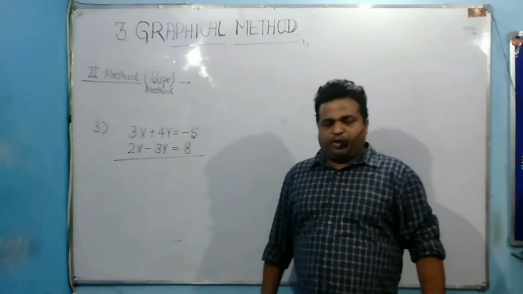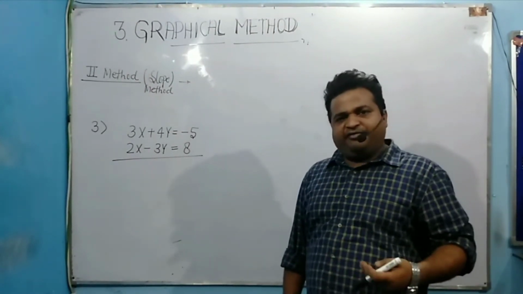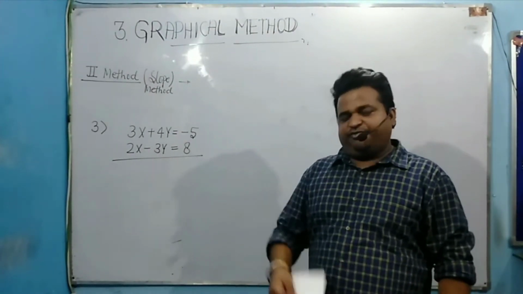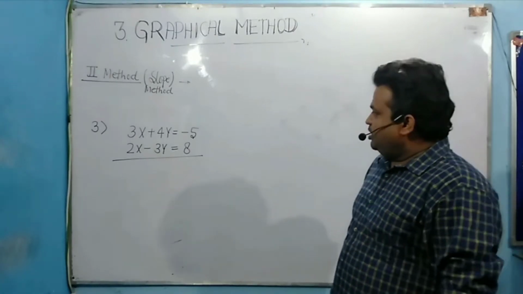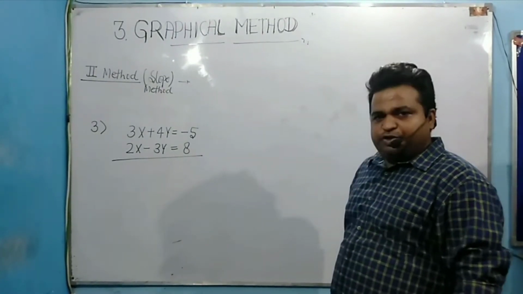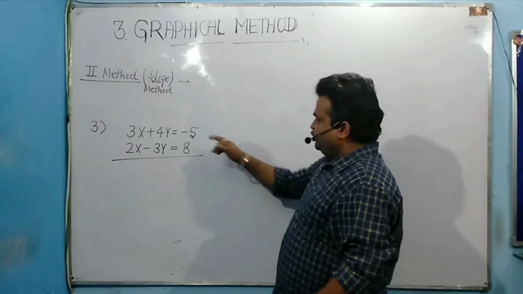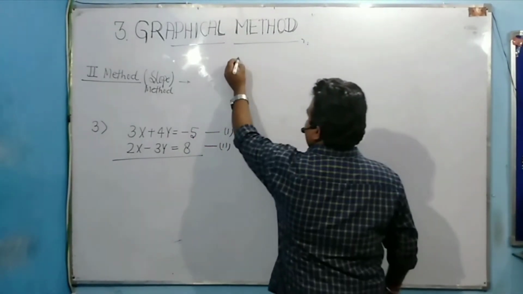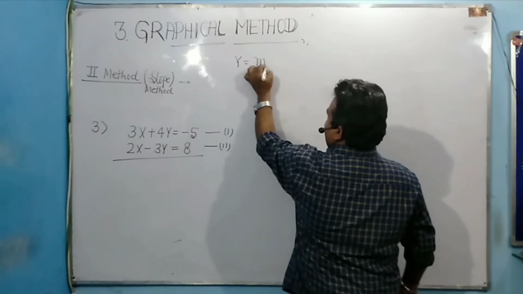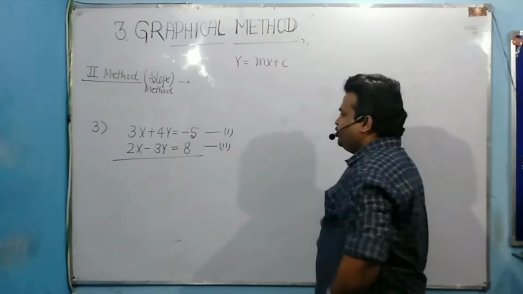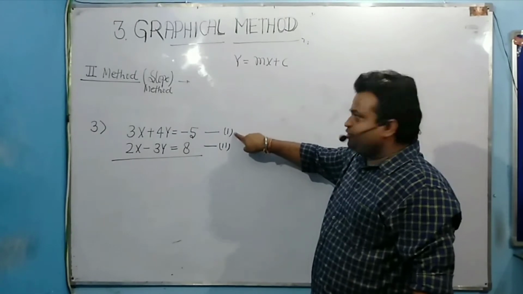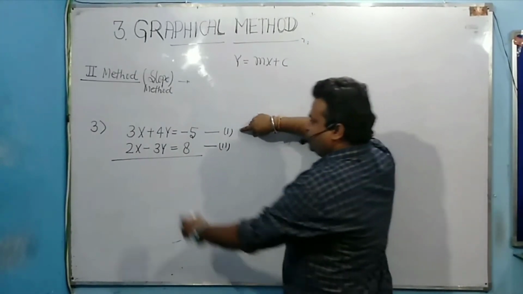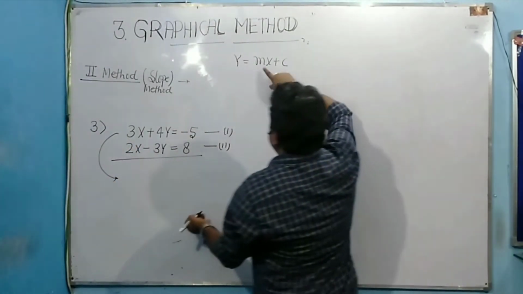This is the question where you have m in different form. So in this case, if you go with the solution, first you convert your basic equation into mx plus c form, meaning the straight line equation. We all know the straight line equation is what? mx plus c. Now you first convert your first equation and second equation into this form. So I am going to convert my first equation in this form.